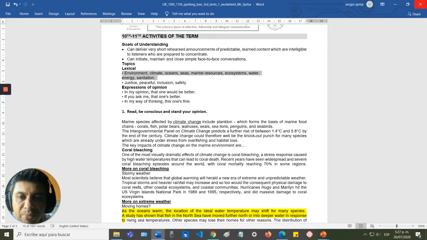Estos van a ser los temas más importantes que van a abarcar o va a abarcar mejor la educación. No podemos entender una verdadera educación sin este tipo de temas, ¿sí? El medio ambiente, el clima, los océanos, los recursos marinos, ecosistemas, todo esto entretejido tan delicado que hace parte de